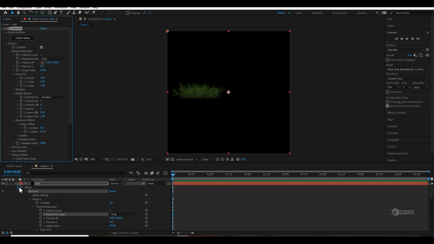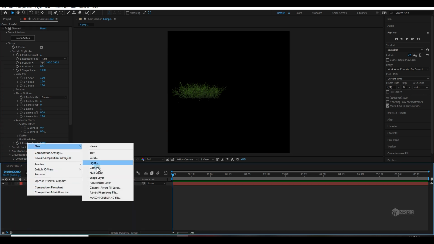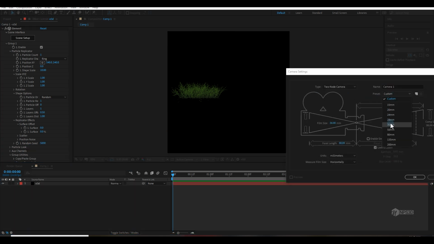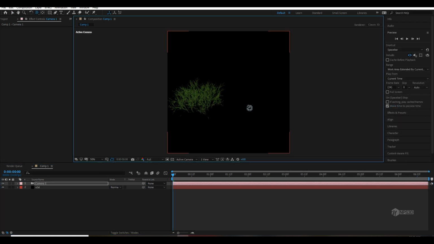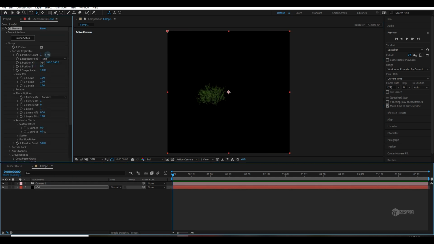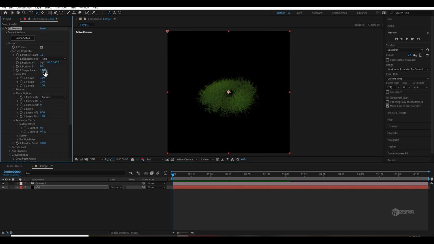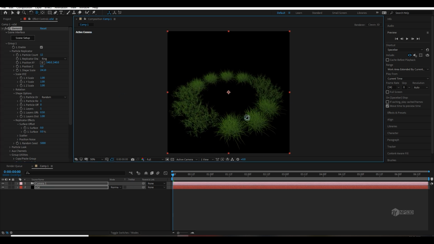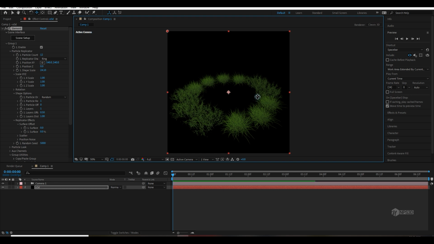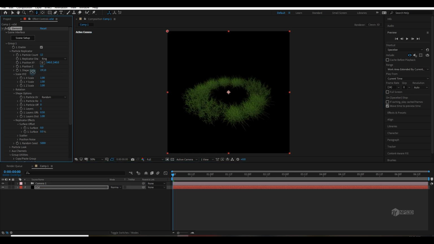Let me quickly create a camera so that I can show you with a different camera angle. I set it to 35, rotate it like this, and you can increase the ring size. Now you can see multiple different grasses. You can use this one as well if you want.